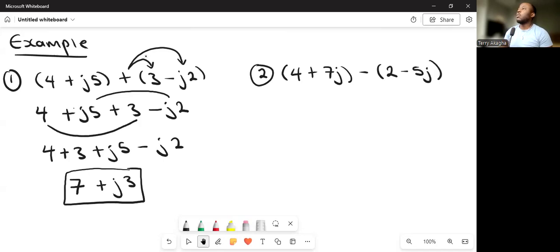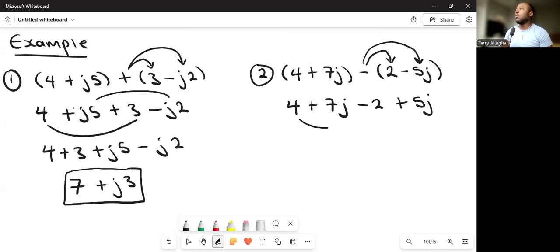5J, all right? So the same thing, we're going to open the bracket. So it's going to become 4 plus 7J minus times 2 will give you minus 2. Minus times minus 5 is going to give us plus 5J. Are you seeing it? We now collect the real parts together. So 4 and minus 2 and 7J and 5J. So it's going to give us 4 minus 2 plus 7J